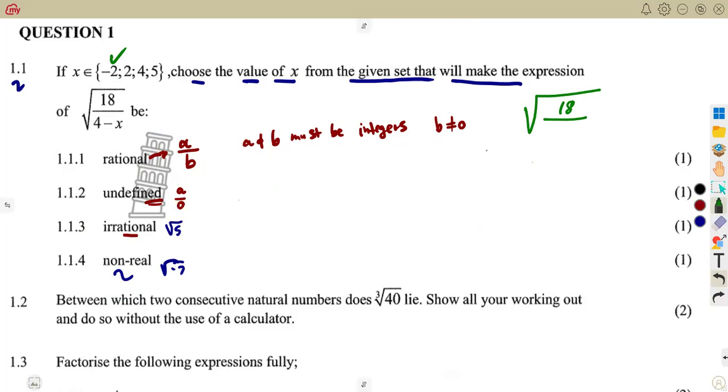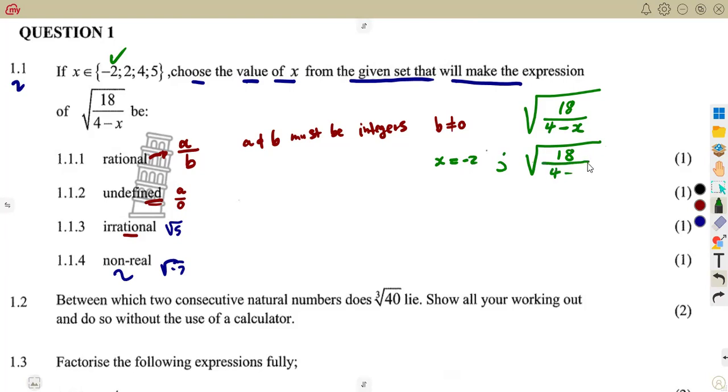So we want to simplify the part that is under the square root. So let's substitute when x is -2. When x is -2, we are going to have the square root of 18 over